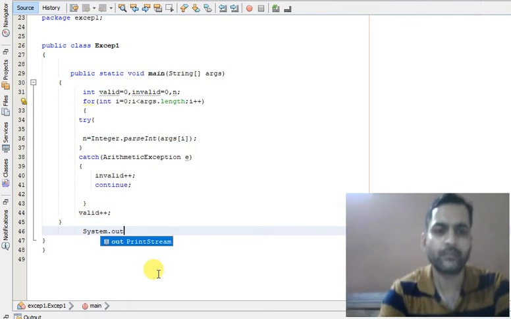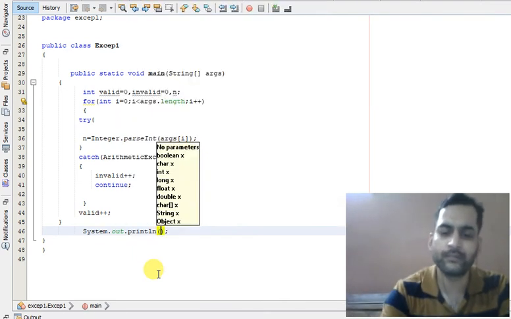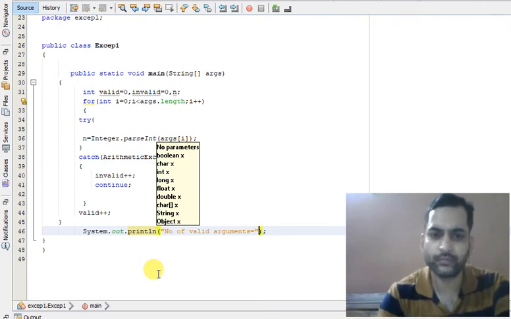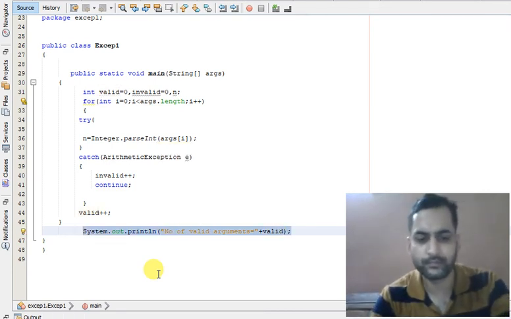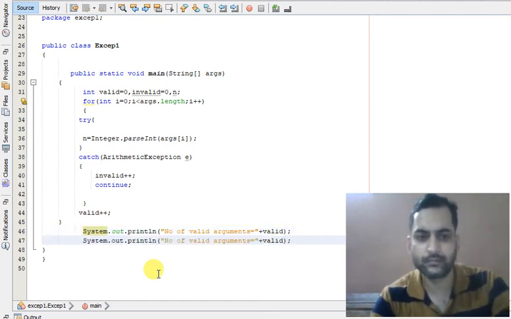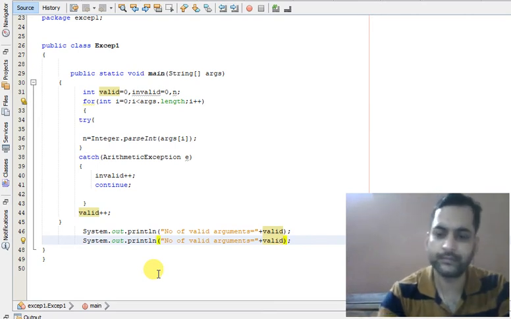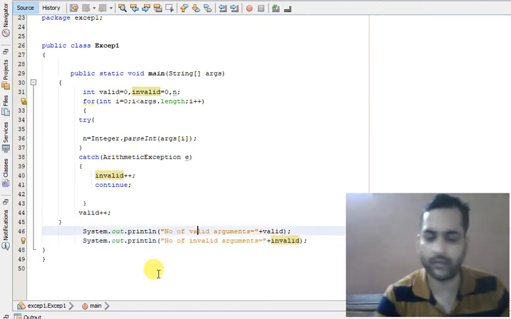System.out.println, number of invalid arguments is equal to invalid.